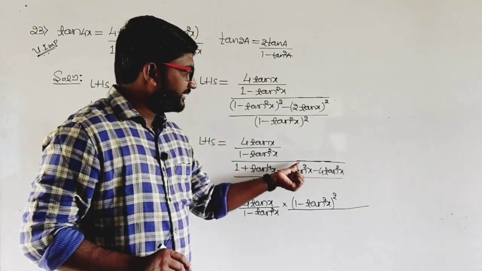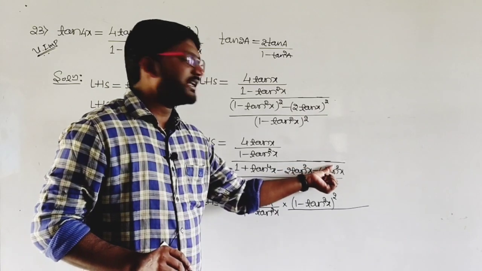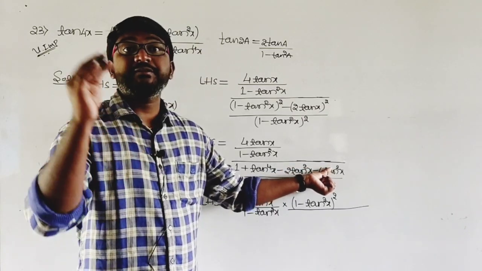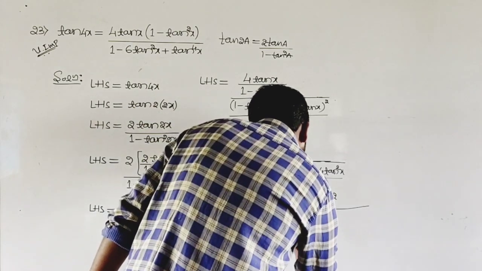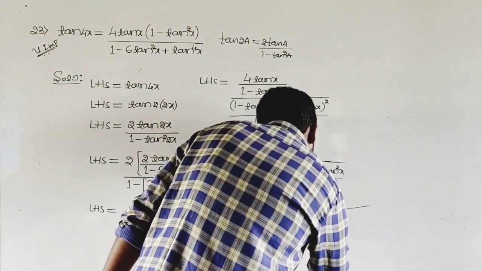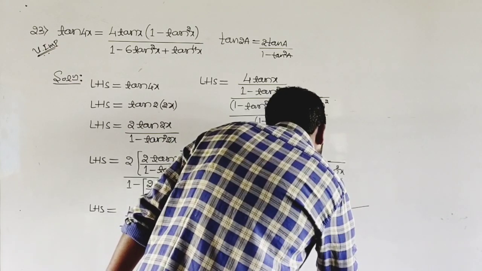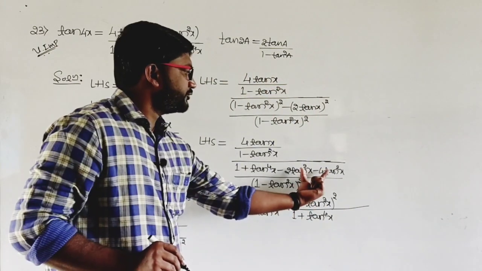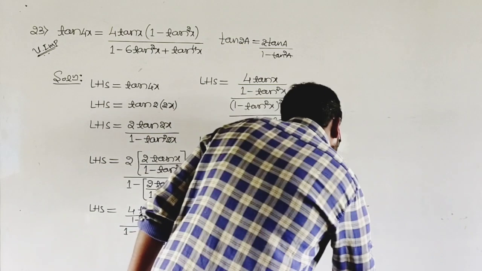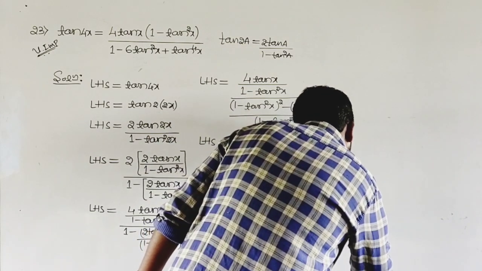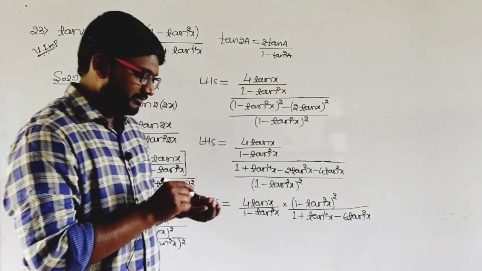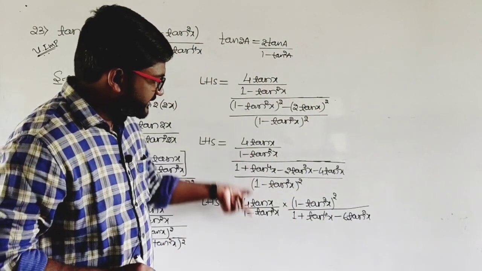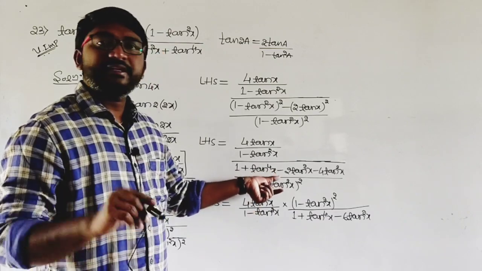Here minus 2 tan square x minus 4 tan square x will be minus 6 tan square x. So 1 plus tan raised to 4x as it is, then these two together can be written as minus 6 tan square x. So what we have done here, I have written this as it is, then here I am taking the reciprocal,